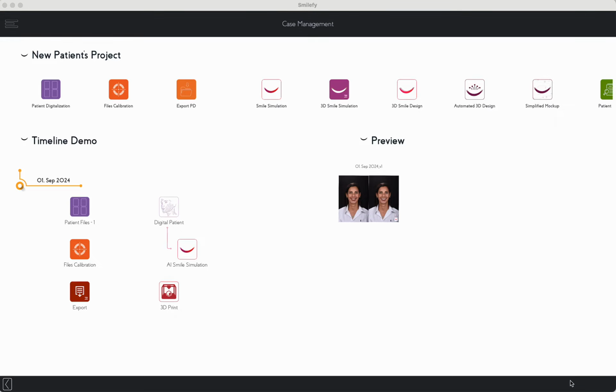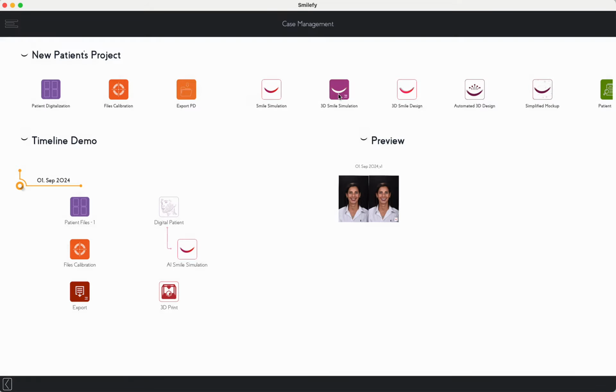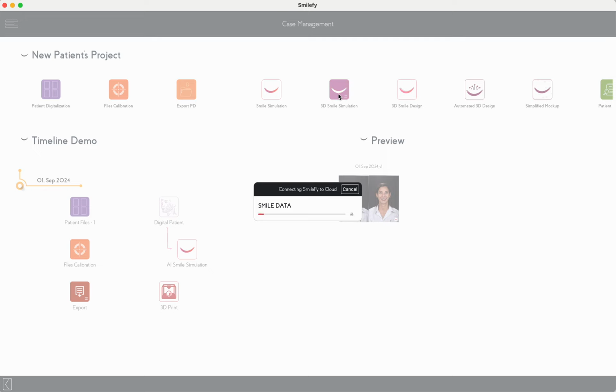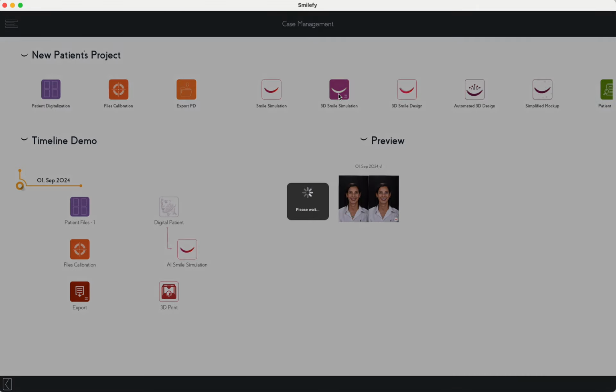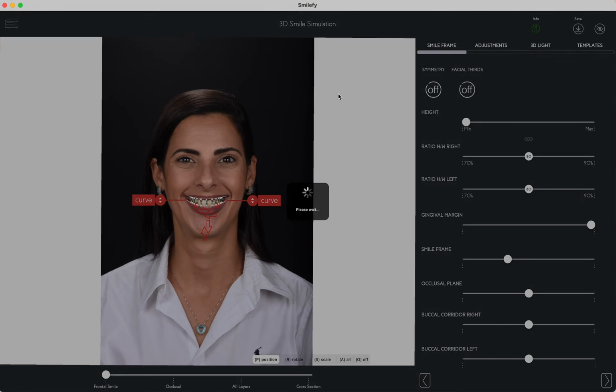In our newest update, we do have the 3D Smile simulation project, which is a new workflow. With this project, we can analyze the situation of the patient and create an ideal design. Ideal design means that the teeth that we design are in the perfect position for our patient. It can be subtractive design, additive design, and it's very important to create such a project for the lab,